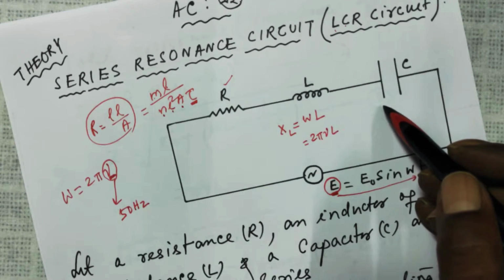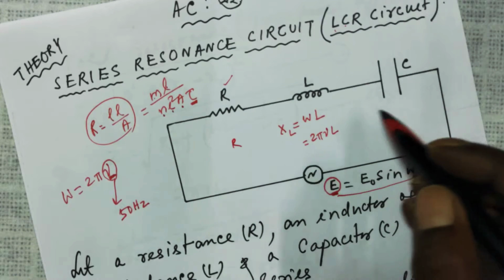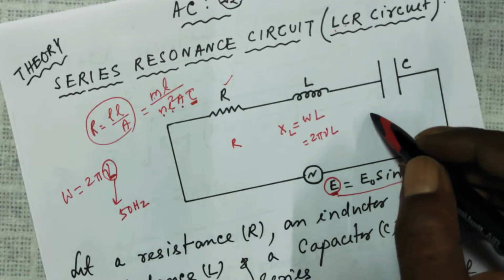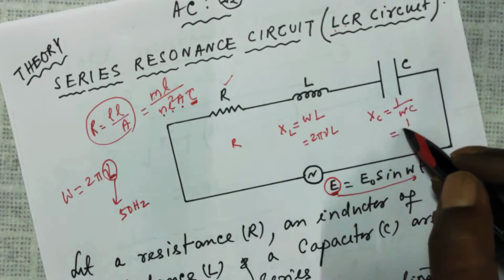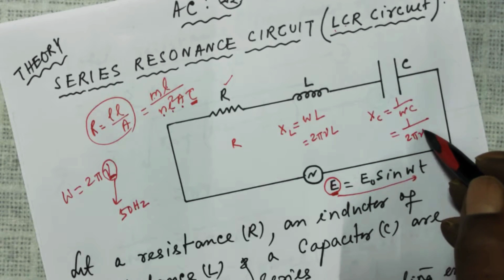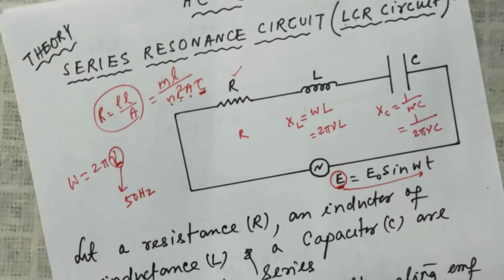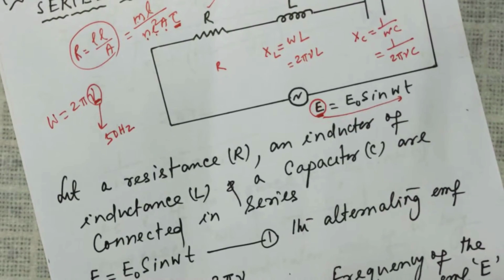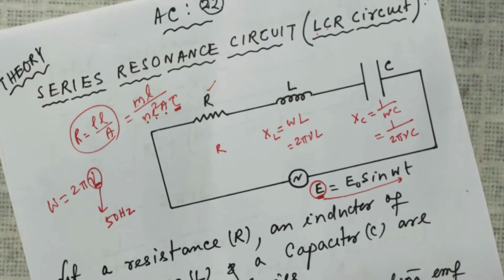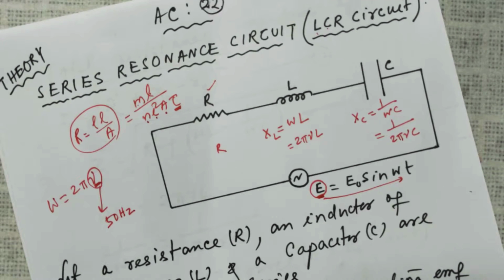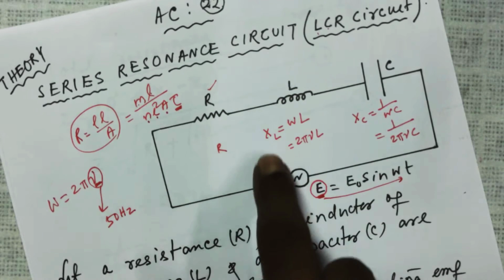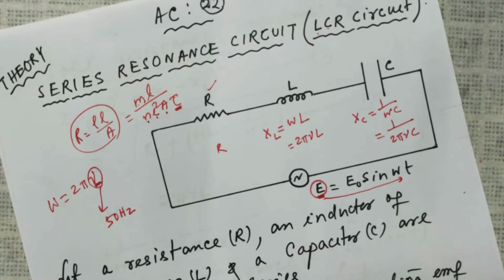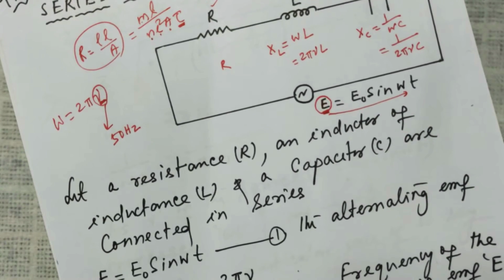And a capacitor was also opposing. And it was called capacitive reactance, and that was equal to Xc is equal to 1 by omega C. Since there is omega, so there is 2 pi nu C. So that is what we will discuss. And what we are trying to find out, under what condition this circuit will allow maximum current to pass through. Under what condition, right? That condition we are going to find out.